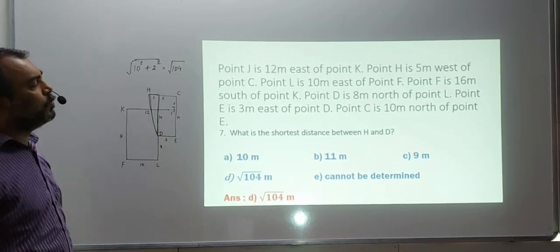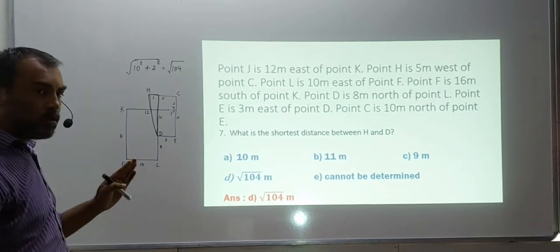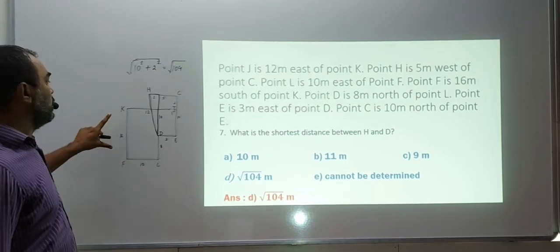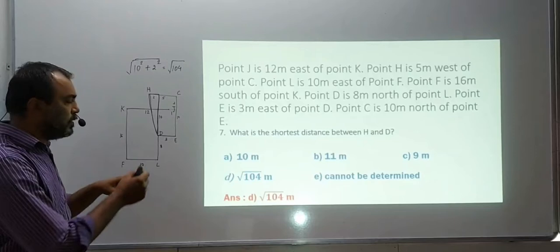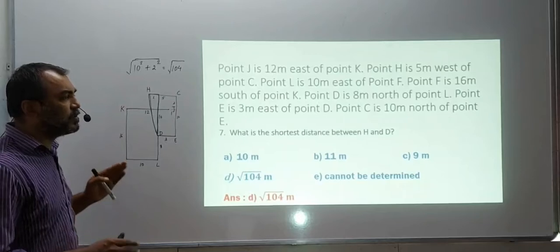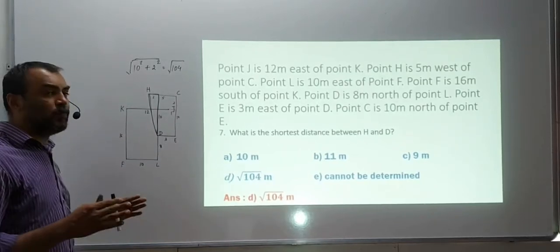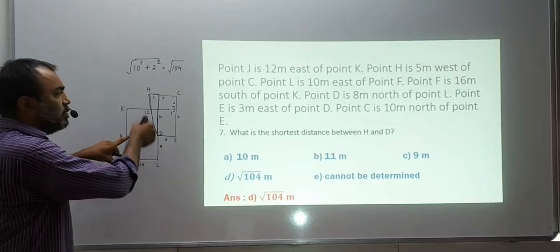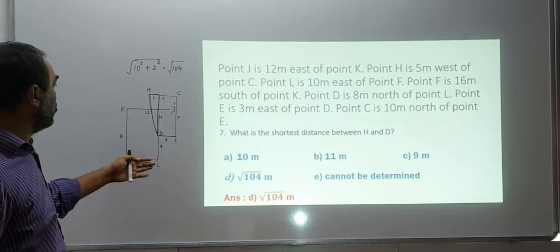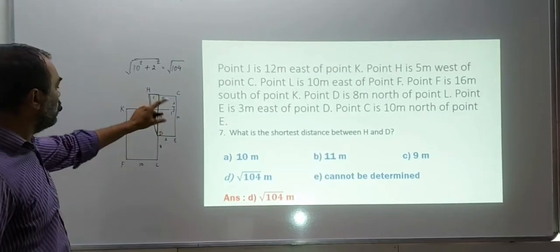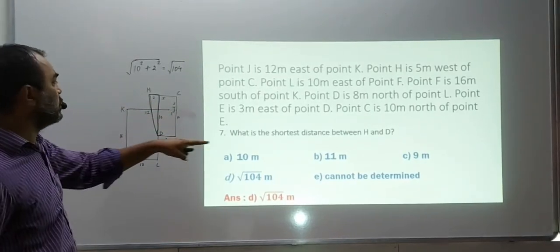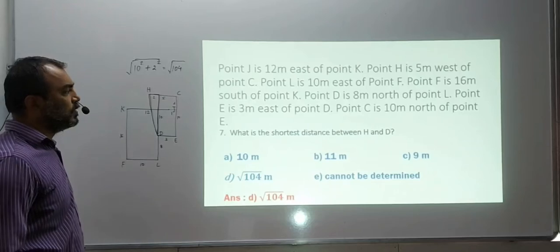So this is the figure. Again, what did we do here? The data was given but not in the logical order. So we went in the order that we found. And what you can see again, I have taken approximations. I cannot sit and draw with a scale because this is a speed test, not a power test. You have to do things faster. If it's a power test, you can take the scale and measure exactly. But being a speed test, you are supposed to do it faster. So rough figures you can draw, but try to keep the ratio of the numbers intact, because you never know which question is asked to you, so you have to find accordingly. Is it clear?